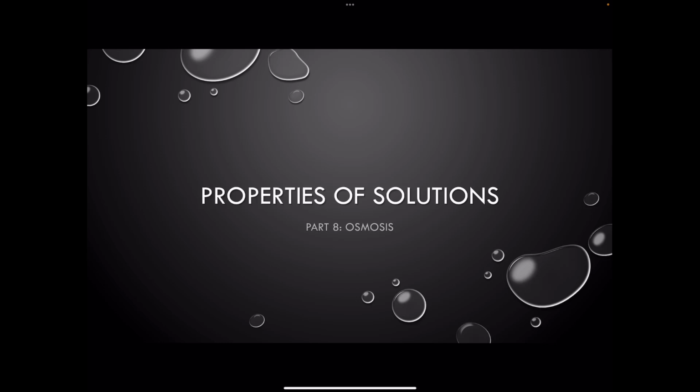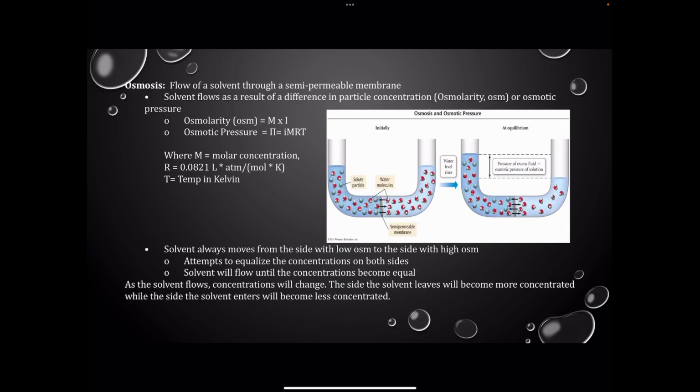We've been discussing colligative properties so far, and our final colligative property we'll discuss is osmosis. Now, osmosis is referring to the flow of a solvent through a semi-permeable membrane. The solvent flows as a result of a difference in particle concentration or osmotic pressure, which are connected to one